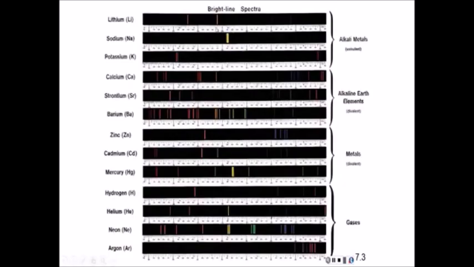Now, let's check out all the different emission spectra that we would get from a whole bunch of different elements. So you notice here, lithium, you see a few colored lines. It might be kind of hard to see these two. Look at the 2 bright lines here for sodium. If you ever